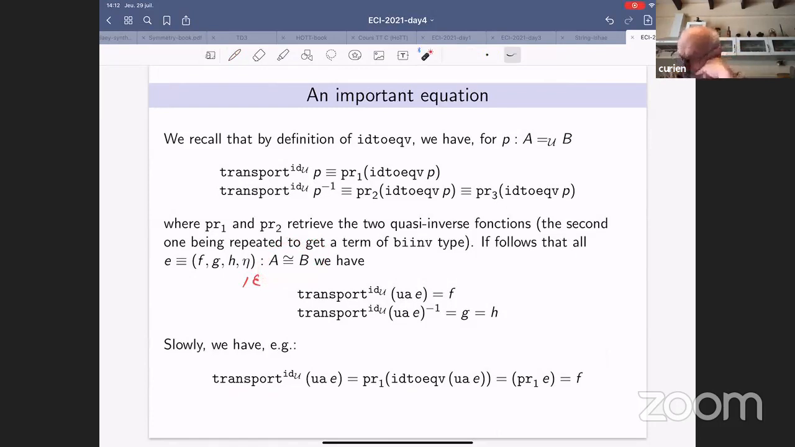So if I have a proof E that A is equivalent to B, then I know that if I apply the univalence axiom to this E, this is a proof that A is equal to B. And if I transport relative to the family idu, what I will get is the component f of E. And if I transport along the reverse of UA of E, I will get G and H. And the proof is